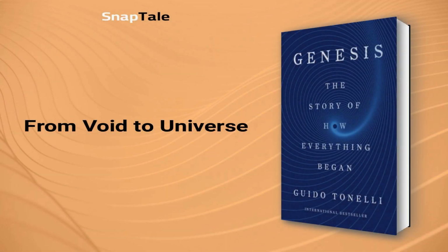From void to universe. The universe we know began as a void, a vacuum that seemed empty but experienced quantum fluctuations. These fluctuations birthed tiny particles, which at some point underwent a magnification process. One particle, known as an inflaton, dramatically inflated the vacuum bubble, creating our universe that expanded faster than the speed